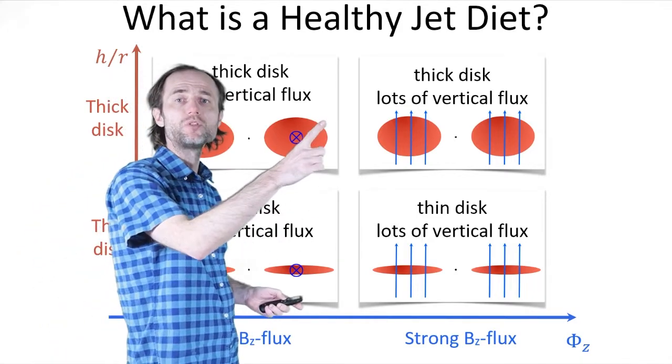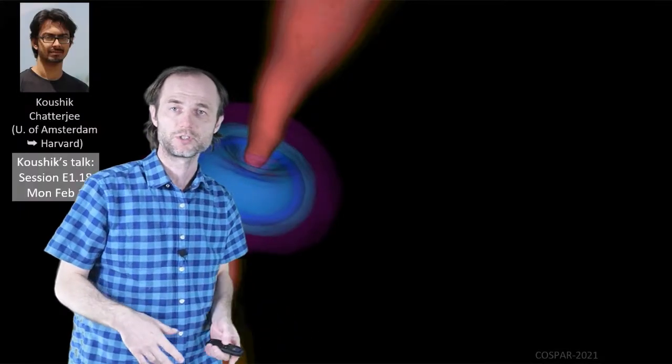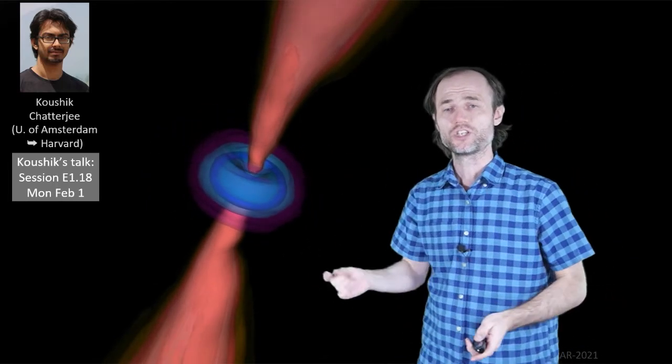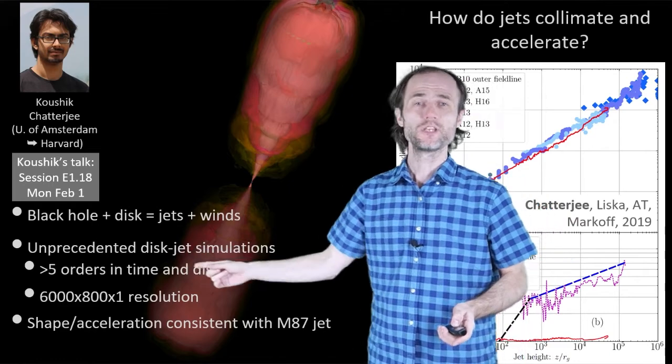So let's focus on the easiest case of thick disks with vertical magnetic fields. In this case, as you can see, the jets form just fine, but what's really challenging is to resolve the scale separation between the tiny little black hole and the large galaxy. As you can see in this simulation, the scale separation is pretty good, but actually it's just 3 orders of magnitude. What we really need is to produce the jets by black holes that span more than 5 orders of magnitude in space and time,